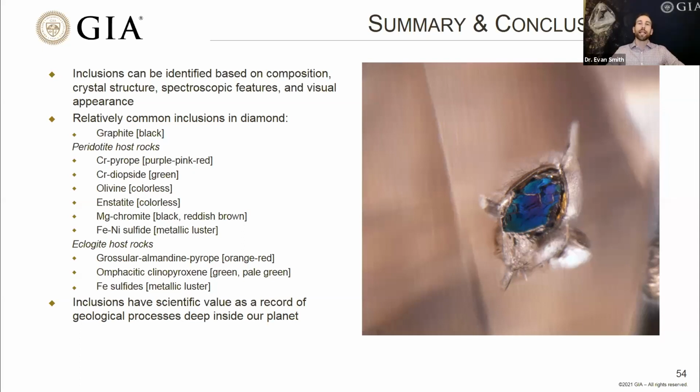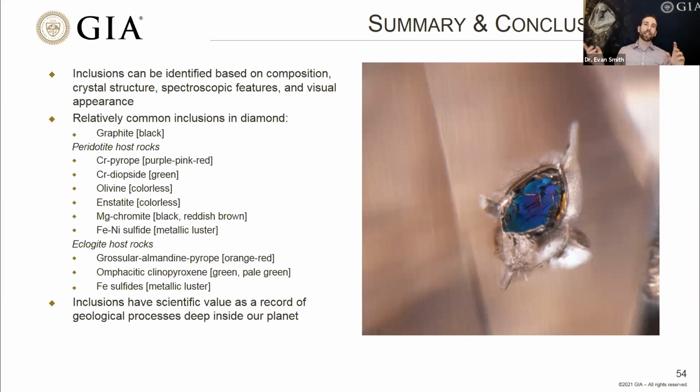Yes, I mean, virtually any diamond mine where they're recovering peridotitic diamonds will have some diamonds that have chrome dioxide inclusions in them. But I think the caveat here is that the chrome dioxide that you find as inclusions within diamonds is very, very small. So most of it is smaller than the width of a human hair, and none of this material is going to be used as a gemstone in its own right. So you don't have pieces of gem quality chrome dioxide that are sourced from a diamond.